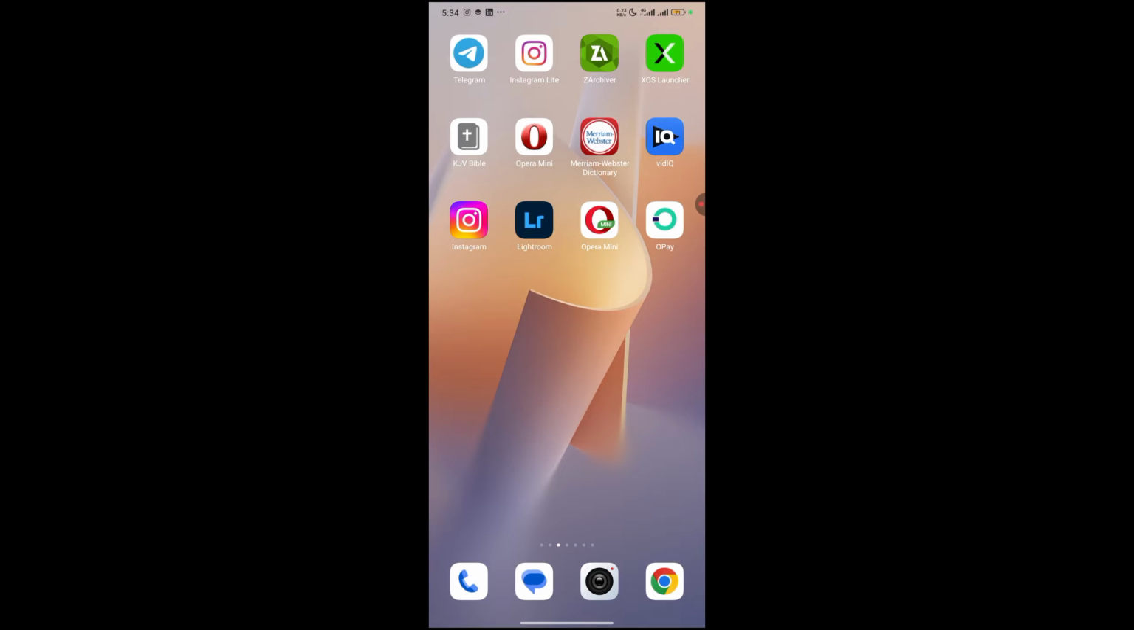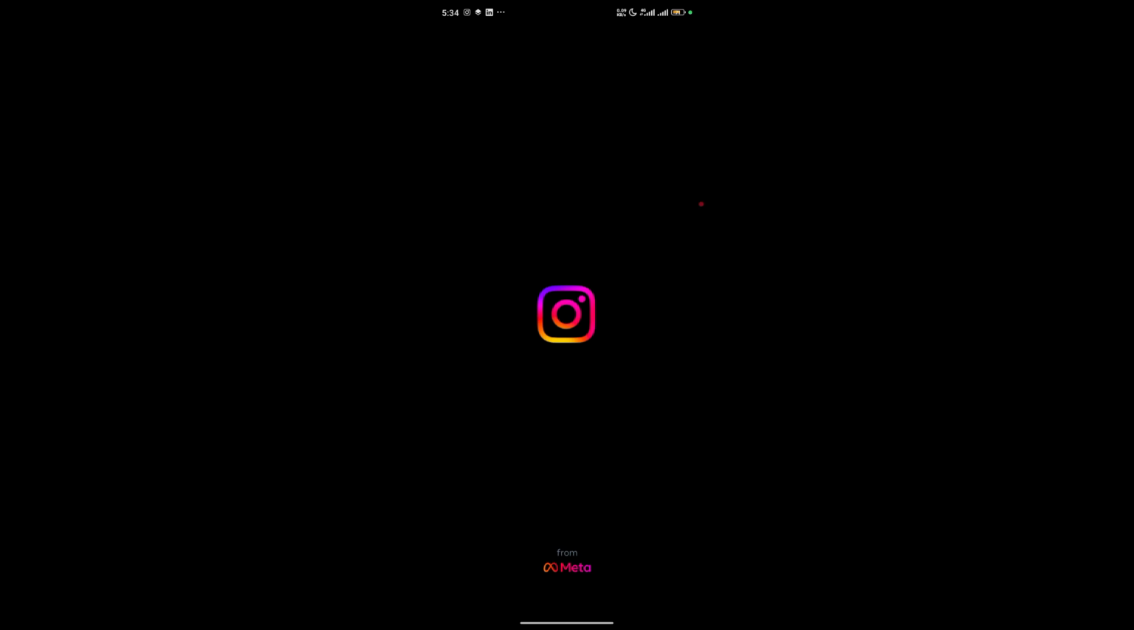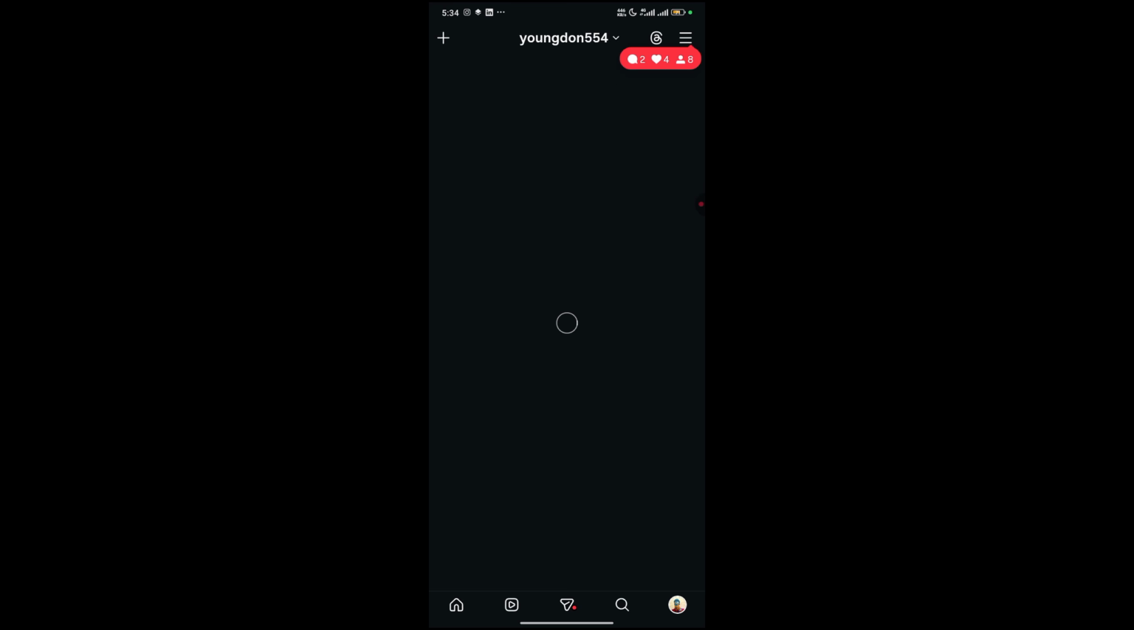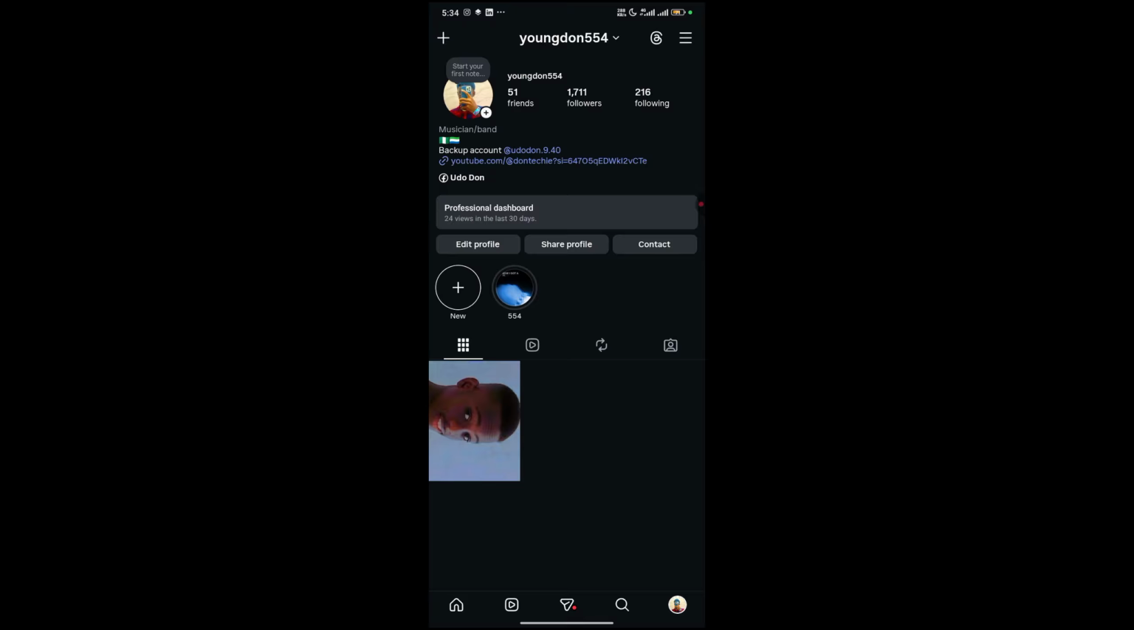So go ahead and open your Instagram application right here on your device, and the next thing to do is to tap at the bottom right corner here. Yeah, I'm going to be clicking on this. Then locate the account you actually want to deactivate or delete, and go ahead and click on these three lines at the top right corner